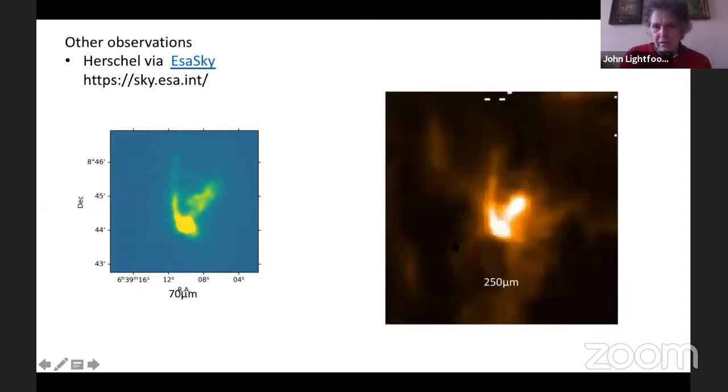This is at a longer wavelength, which is looking at a cooler temperature, if you like. So you can see much more material around the star. And particularly interesting here, I think, is that there's a cavity below the star to the south. There just doesn't seem to be very much material there, apart from this faint blob, which I think pretty much matches where you see a very faint reflection nebula in the south of Armon in the optical.